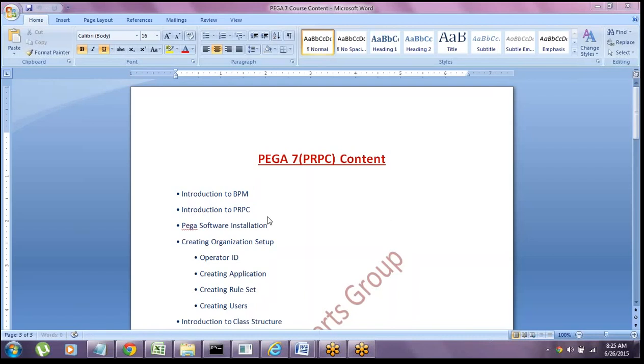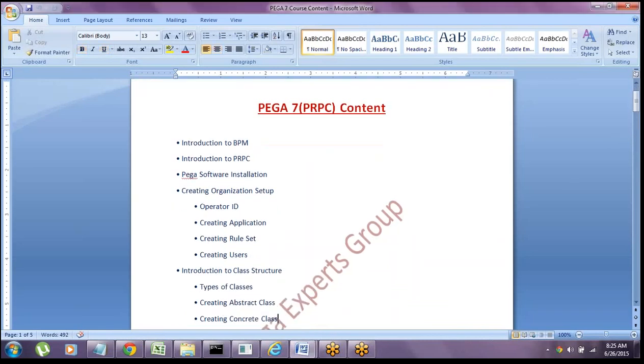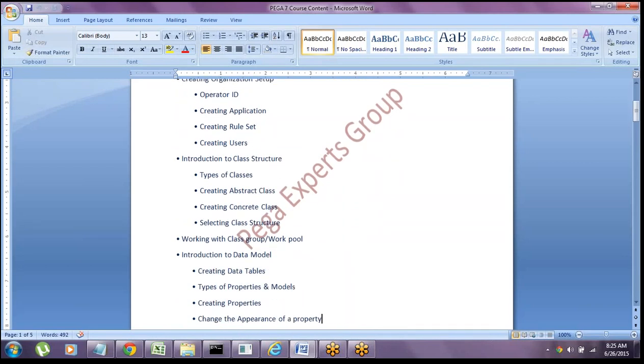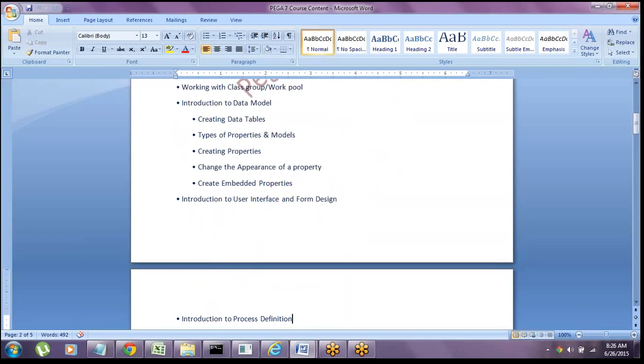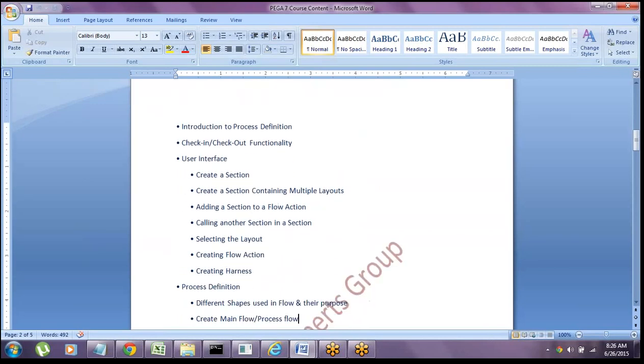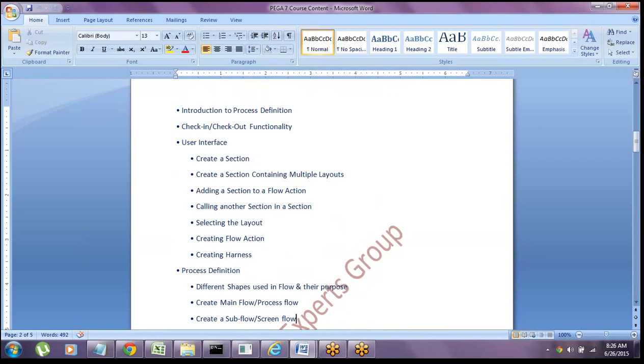I'll read the things. Introduction to BPM PRPC, then installation, creating the setup, introduction to the classes, working with the class groups and everything. Here in Pega 7, we used to call them cases actually. Introduction to the data models, properties creation, introduction to process, user interface, designing the user interface.